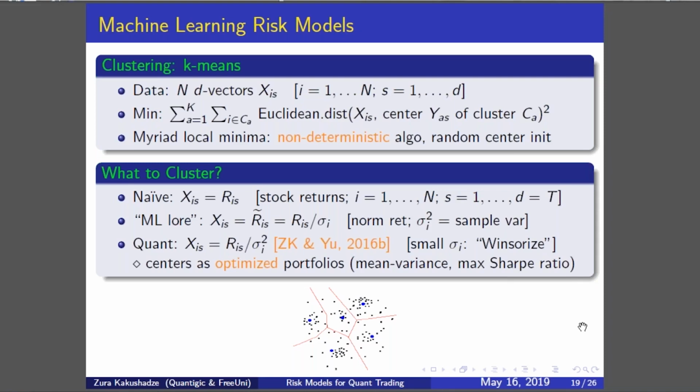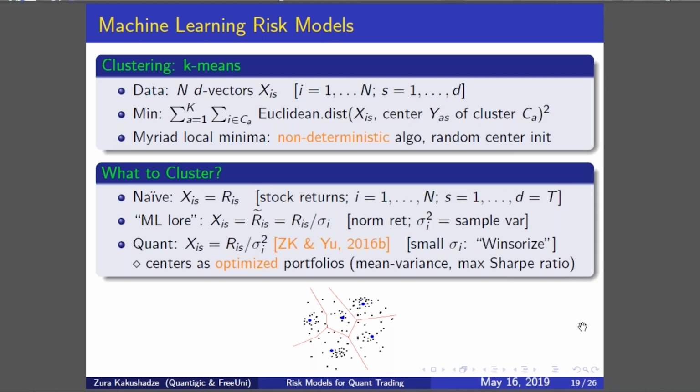And so the machine learning lore will tell you, well, that's easy, right? Take your returns and then normalize them against the historical volatilities. So we already talked about these normalized returns, the twiddles in the past. And so you normalize your returns and you cluster those. But as it turns out, that's not actually the most optimal thing to cluster. There's a better thing you can do,